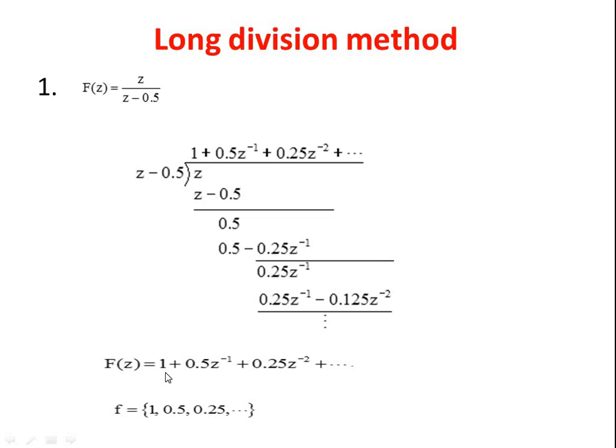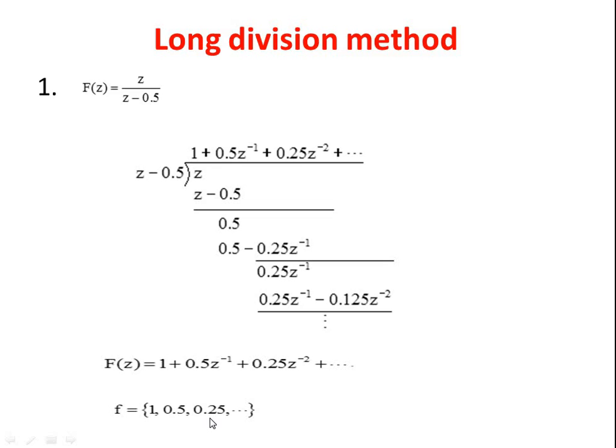The very first value is at origin, so we have the value as z power 0, right? So we can write the coefficient of z as x of n. So x of n z power minus n is in this form, right? So 1, 0.5, 0.25 and so on. The very first value is at origin, and this 0.5 is located at n equal to 1 and 0.25 at n equal to 2. Likewise we can get the inverse Z transform by using this method.